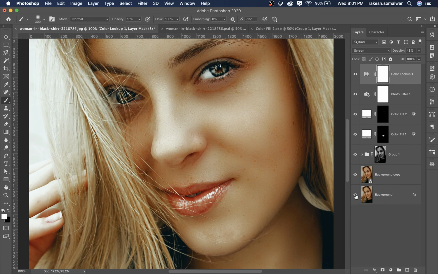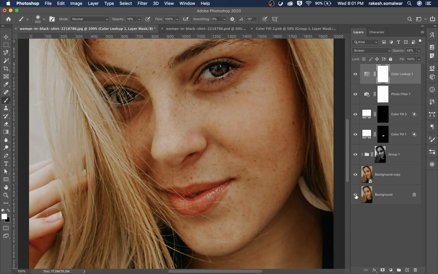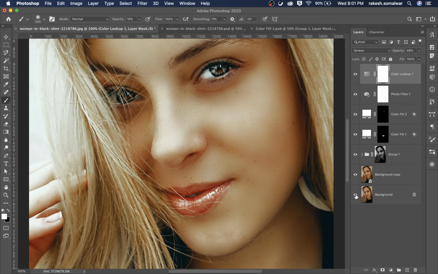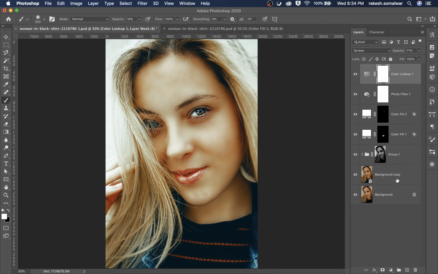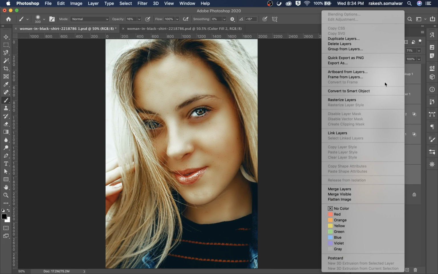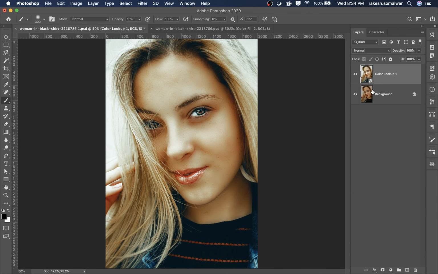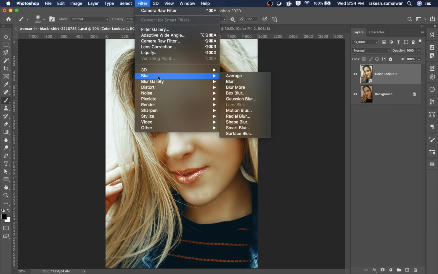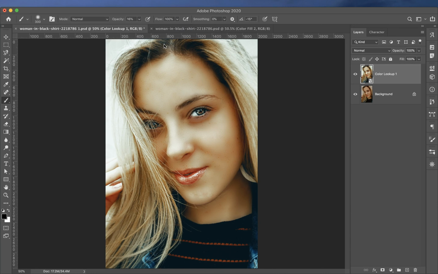I just want to give a more cross process effect with color. So I select all of them and convert to smart object, go to filter and Camera Raw filter.